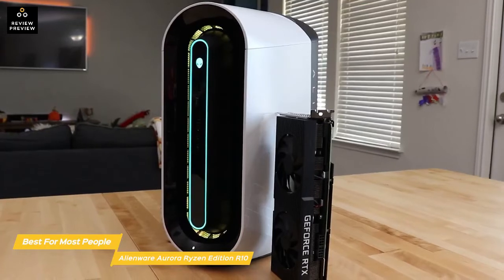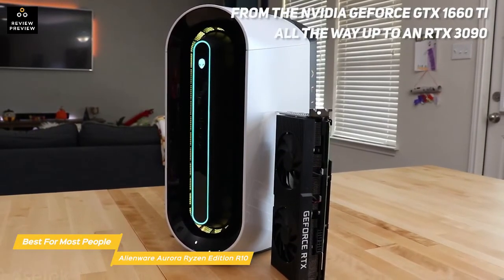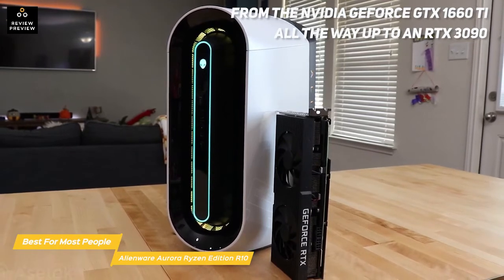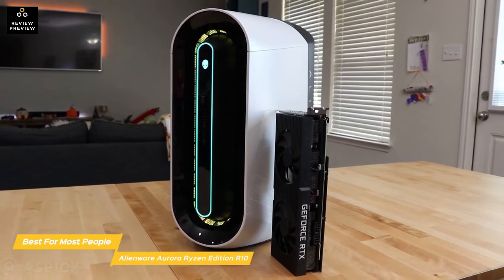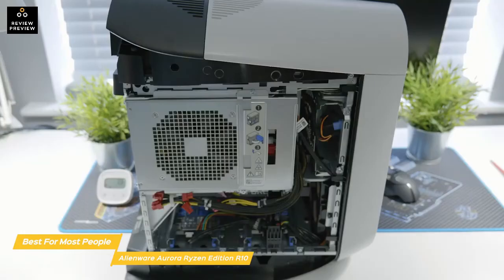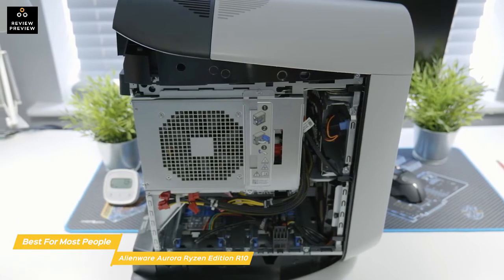For graphics, you could select from the NVIDIA GeForce family, from a GTX 1660 Ti on the low end, all the way up to an RTX 3090. Or stick with AMD and go with the Radeon RX 5300, topping out with an RX 6900. For RAM, you can add up to 64GB, and for file and app storage, you could select a single drive